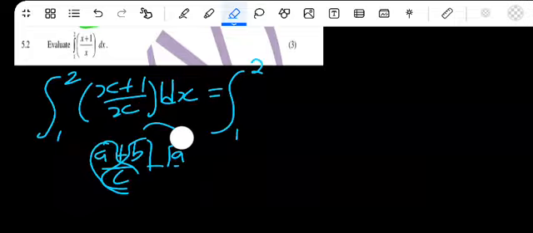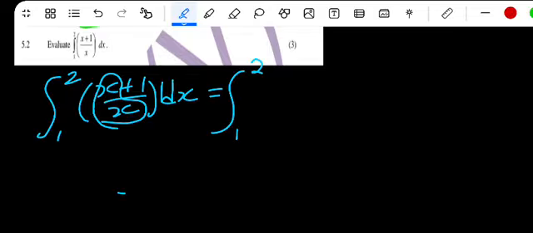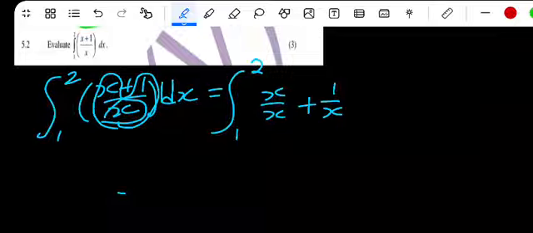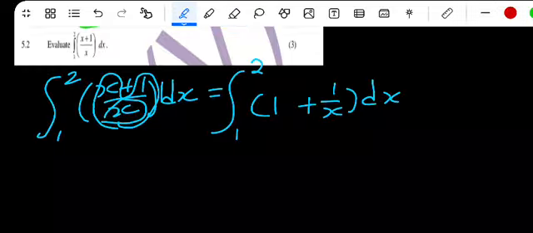So this will be the same as, you divide that, x over x, then go like that, plus 1 over x. But you know this will simply equal 1 anyway, so you can just write 1 dx. So we still have, now we're supposed to integrate. So we'll have now